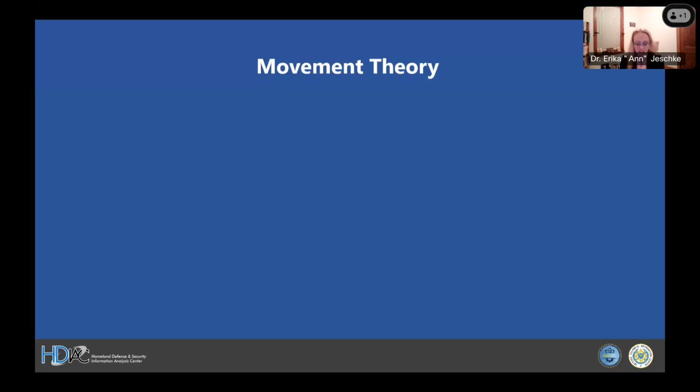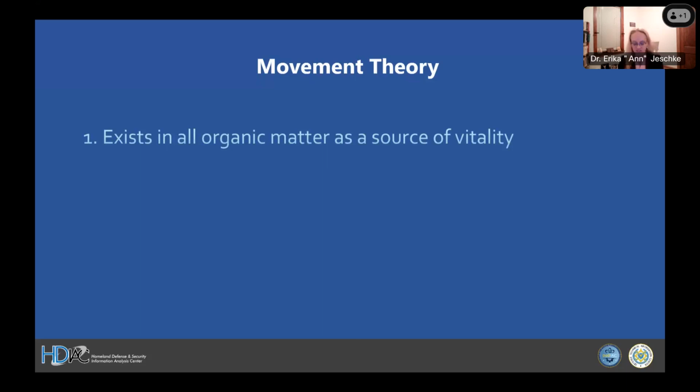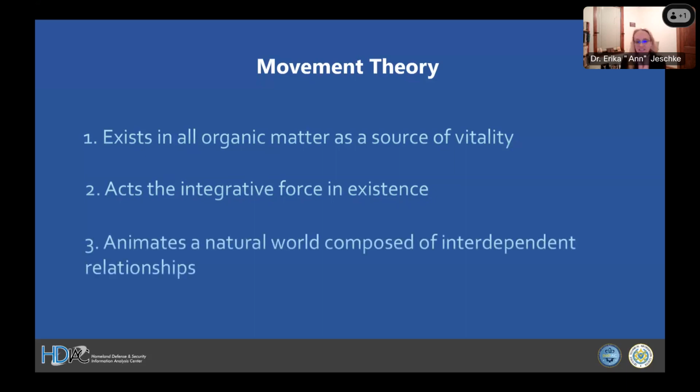In contrast, the classical Greek understanding of kinesis assumes that movement exists in all organic matter as an innate source of vitality. It acts as an integrative force in existence, especially with human individuals and relationships. And it animates a natural world composed of interdependent relationships. As such, the force of movement catalyzes and directs change agency in a kinesthetic social arena known as a kinesphere,